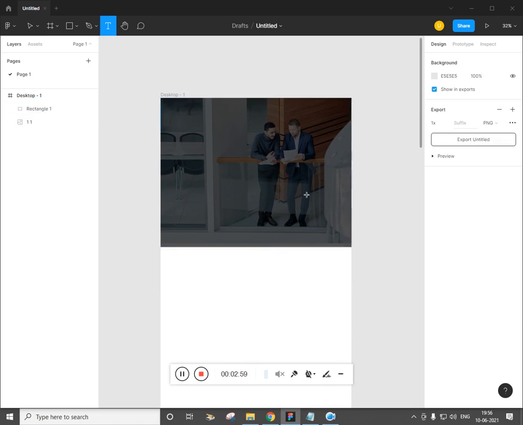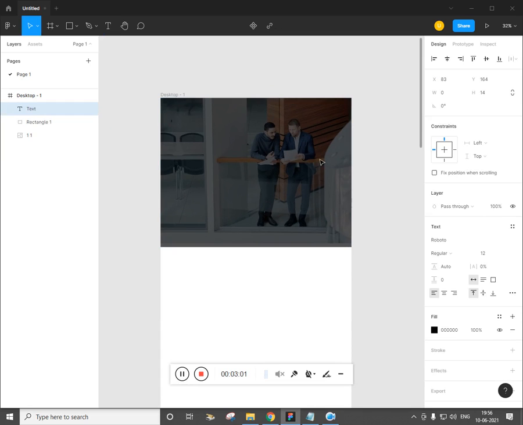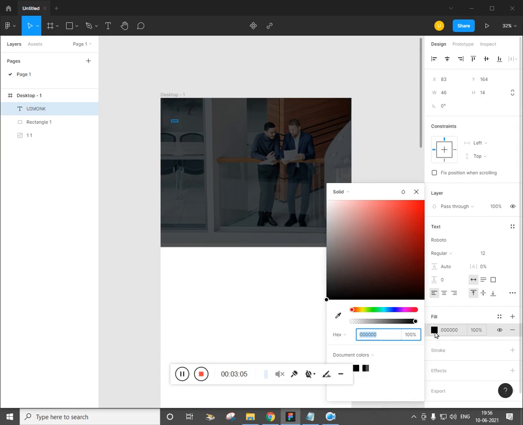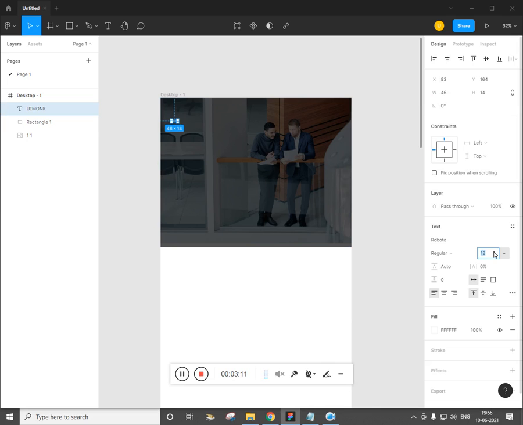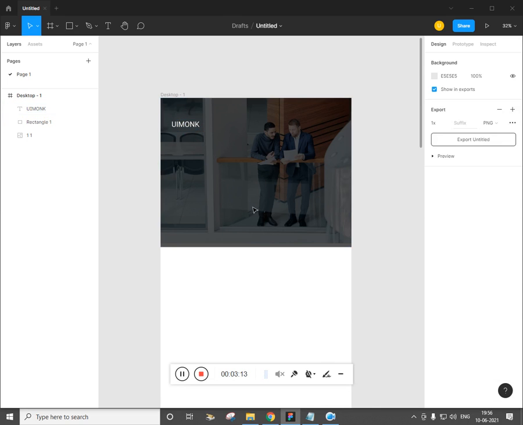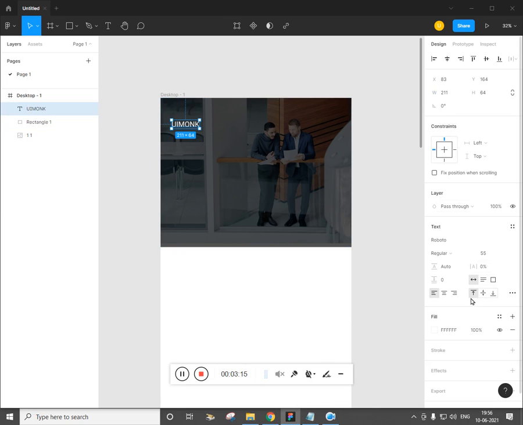Now type T, click here, and give the logo. We don't have a logo, so I'm just giving my channel name as a logo. Select the text, and you can give the text 55 pixels, and the font is going to be Roboto. Alt drag, make sure to press shift, and let's give this 25 or 30.